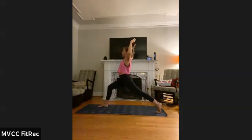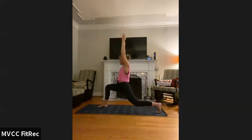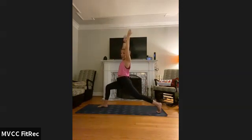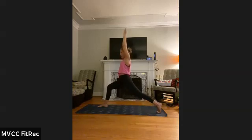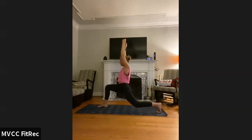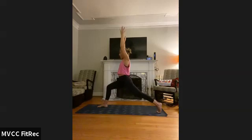On your exhale, challenge your gazing spot, open the heart, cactus arms. Inhale, hands high. We lunge, exhale, bend into the back knee, hover off the mat. Inhale, straighten it back out. 3 more, exhale. And inhale, 2, exhale. And inhale, 1, exhale. And inhale, hold the legs, we hover, crown of the head forward, arms behind you, chest